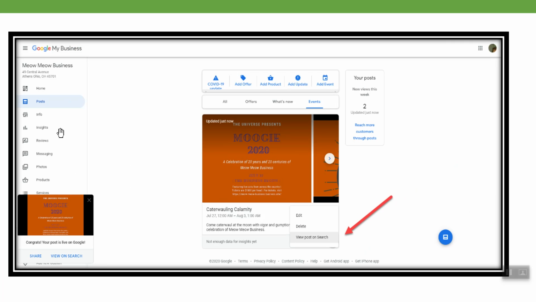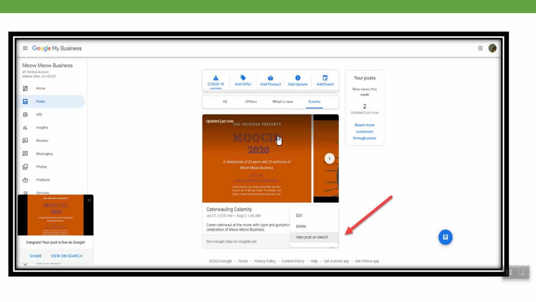So if I wanted to add that flyer, again, I would just go to the edit option and then I would upload that new post and it would be included in the series of photos, because remember I had up to 10 that I could add. So it would include all those photos that I've uploaded,